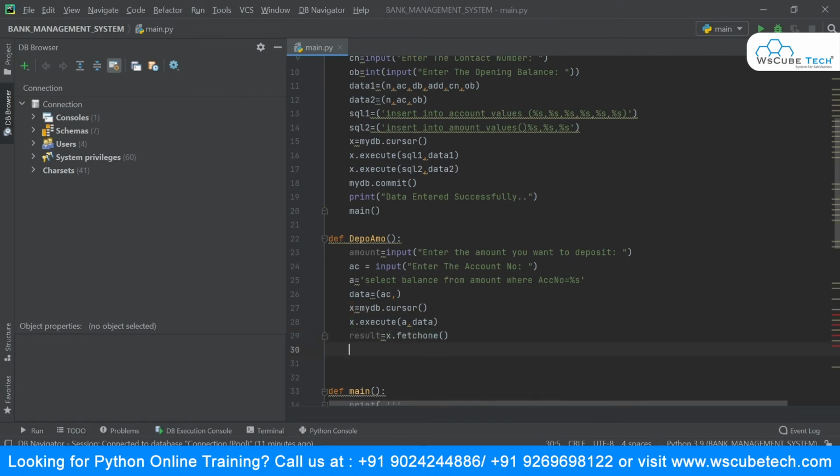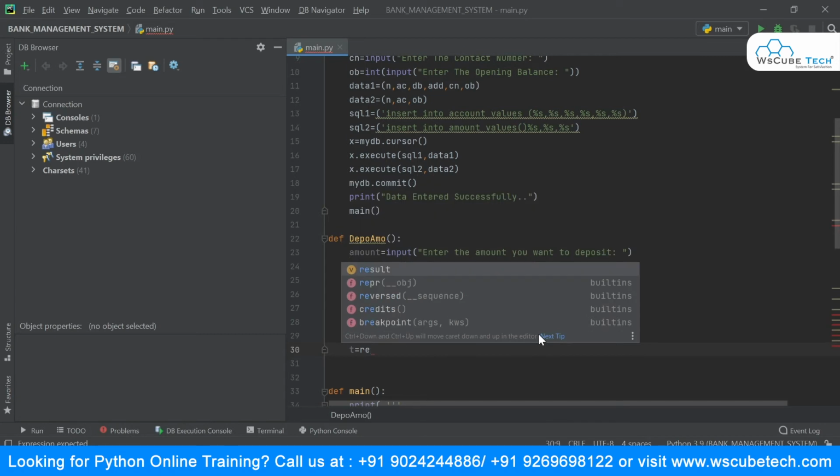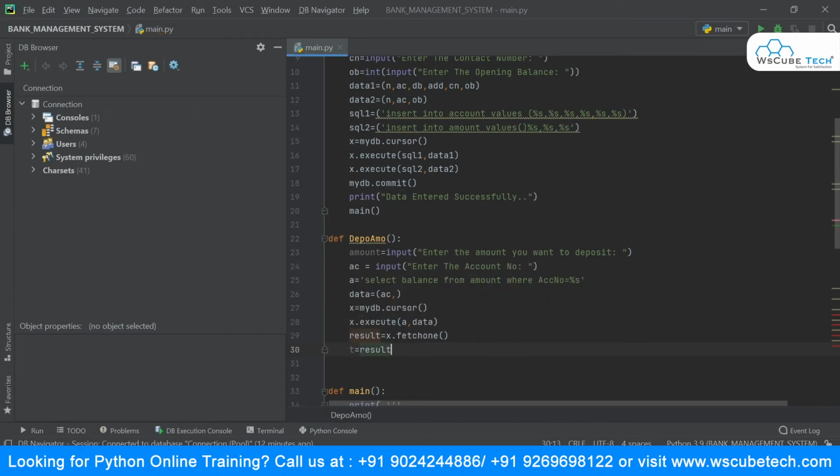I will create one another variable. Okay, so for example, t is equal to, I'm creating a t variable over here, and I'm simply saying that whatever the result you are getting over here is at index 0, plus the amount.